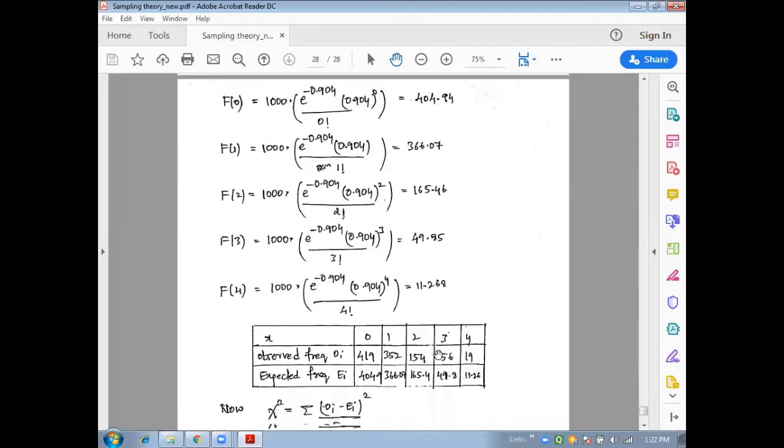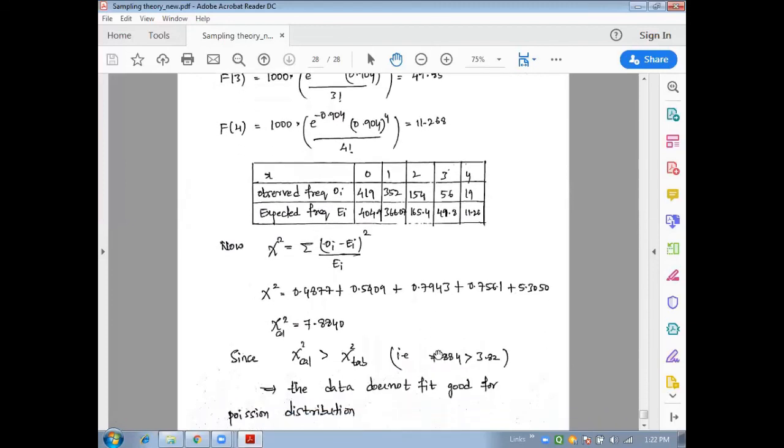So we have to take once again the table. What they have given in the question, that is X and the observed frequency, and the expected frequency we have got, the values we will substitute here. After framing the table, now we have to go for the chi-square formula. So chi-square is equal to the summation of (Oi minus Ei) whole square by Ei. So simplify the values, (Oi minus Ei) whole square by Ei, for each value from the table.